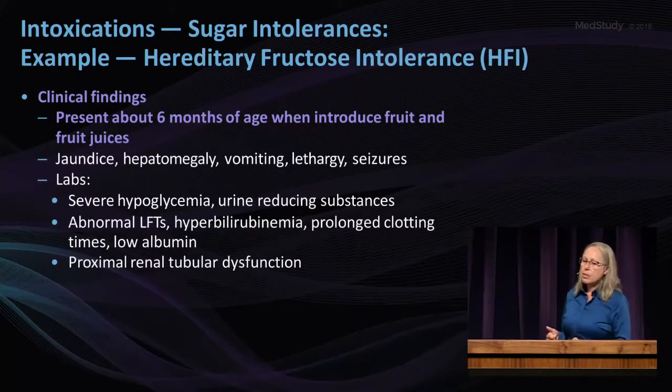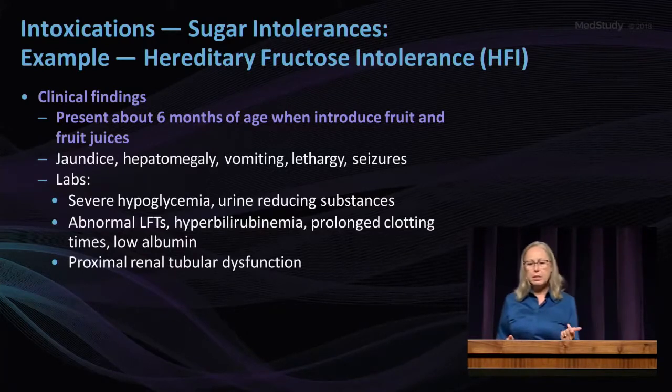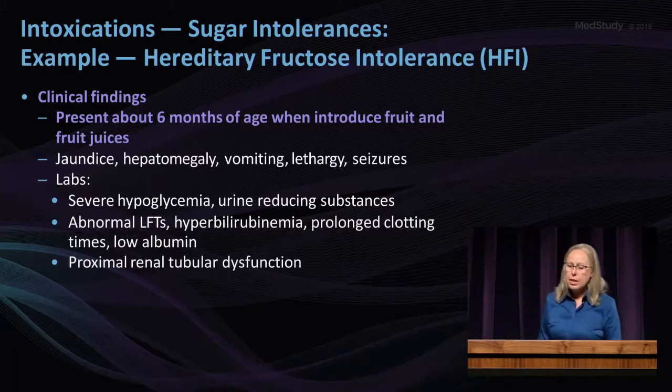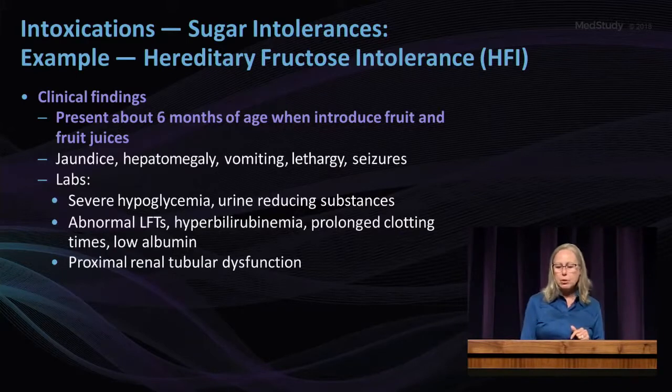Usually presents about 6 months of age when you introduce fruit and fruit juices. Gives you jaundice, hepatomegaly, vomiting, lethargy, and seizures. You can get severe hypoglycemia. You'll see urine-reducing substances, abnormal liver function tests, hyperbilirubinemia, prolonged clotting times, low albumin, and a proximal renal tubular